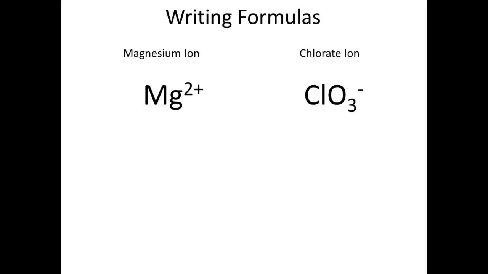What happens if we need more than one of the polyatomic ions? For example, suppose we want to make a compound between magnesium ion, Mg2+, and chlorate, ClO3-. We need two negative charges to balance the two positive charges from the Mg2+, so we need two of the ClO3- ions. However, if we write the formula like this,